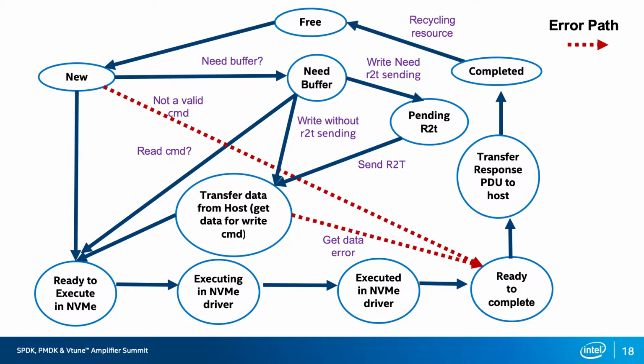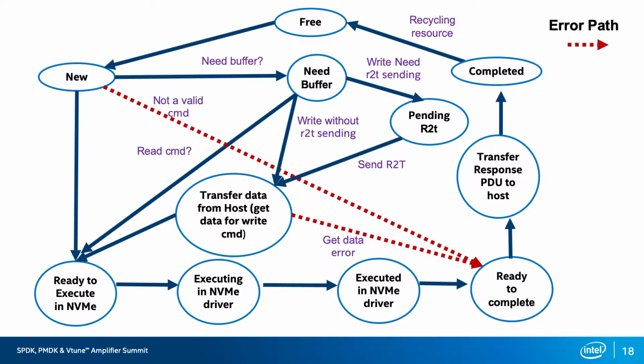So I mean that it can be grouped into one. And if the command is a read or write command, we definitely need a buffer. Since we mentioned we use the shared buffer mechanism, so we need to allocate a buffer from the shared pool. And if it's a read command, we just read the data and fill the command from the initiator,